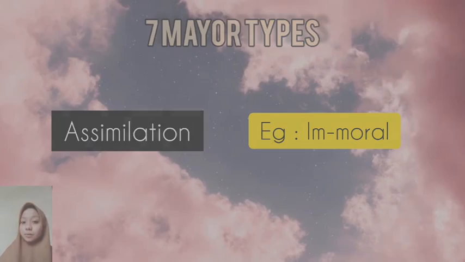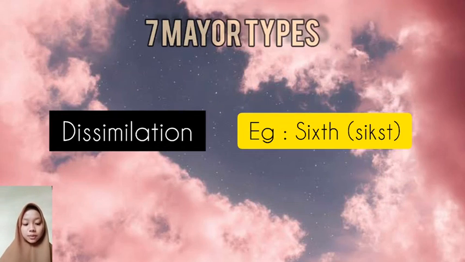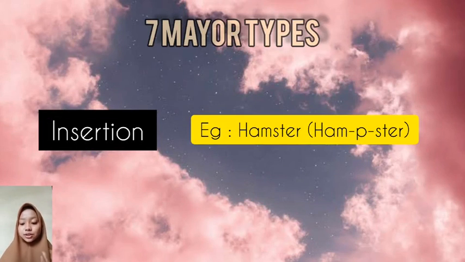The second is dissimilation, the manner dissimilation where a stop becomes a fricative when followed by another stop. The word sixth is pronounced sixth, S-I-K-S-T. And the third is insertion, about voiceless stop insertion where between a nasal consonant and a voiceless